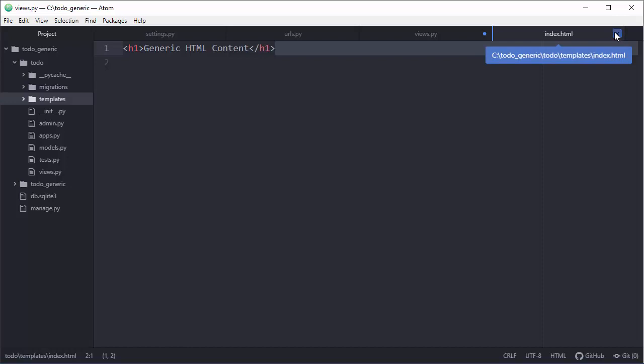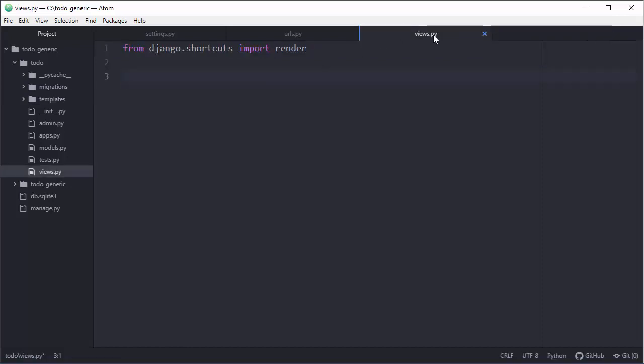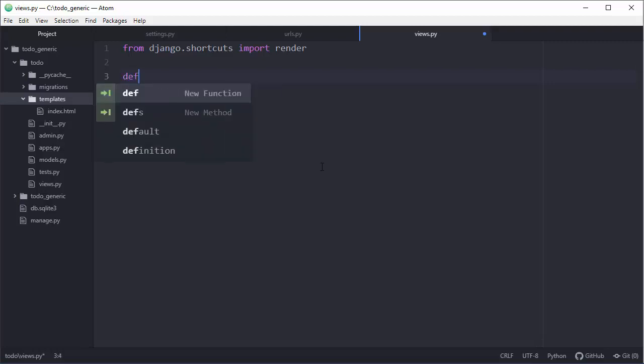Okay, after we are done with that, we will go to views.py, and here we will create a specific function that will grab that index.html. Django functions are basically Python functions, and if you know Python, this will be really easy to understand. So let's define one function, and the name of the function will be index. It can be something else, it is totally up to you. That function needs to deal with something, and that will be the request from that route. So just type here request,